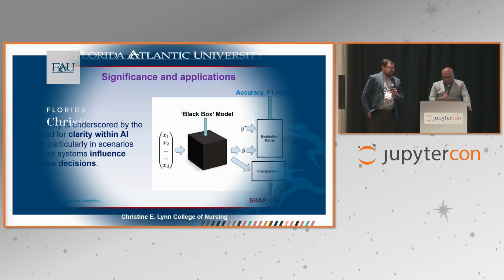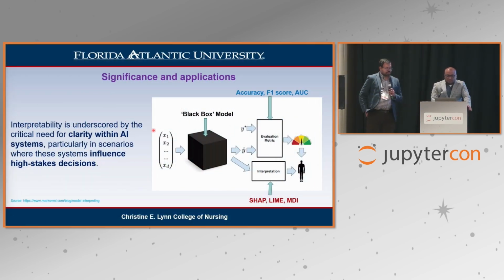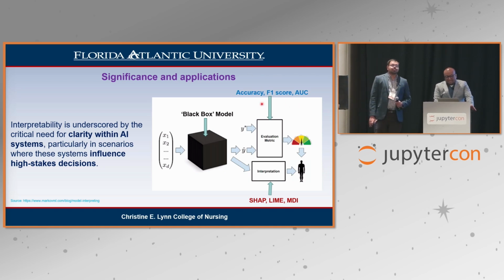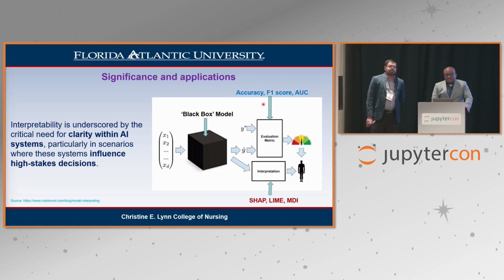A little bit before that, I could mention that explainable machine learning is needed mainly for the black box models of machine learning. We do not know what kind of iteration happens there, and we generally get measurement metrics like accuracy, F1 score, and area under the curve. But we want to know why the model